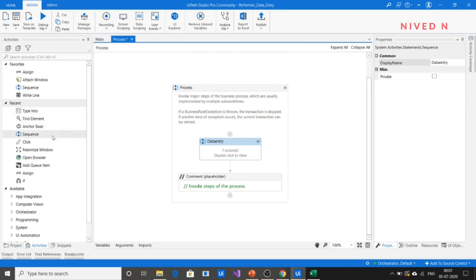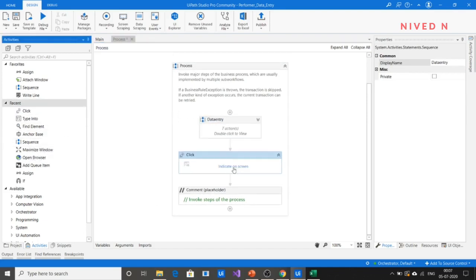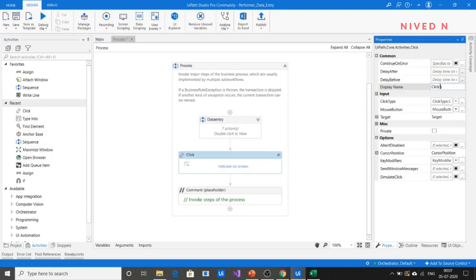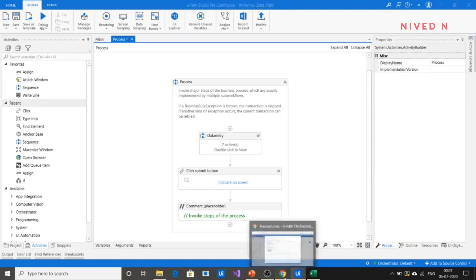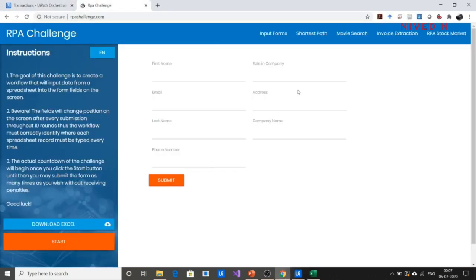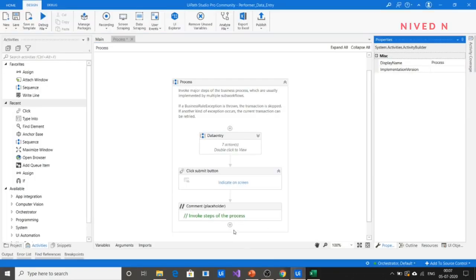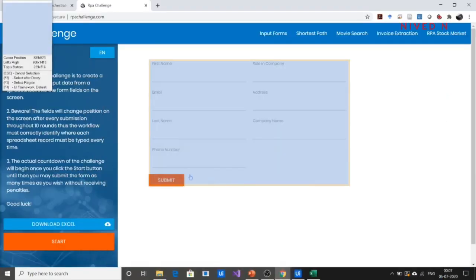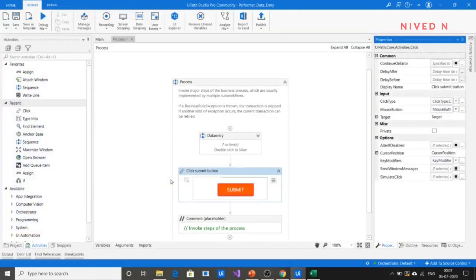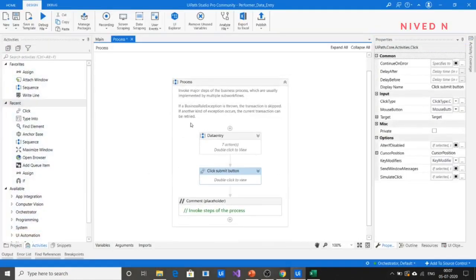So next process we have to click the submit button. So clicking the submit button, submit button. Okay, so you have to click the submit button. So we'll just go to the site, because after completing all this data you have to click the submit button. So just indicate on the screen and click submit. Okay,